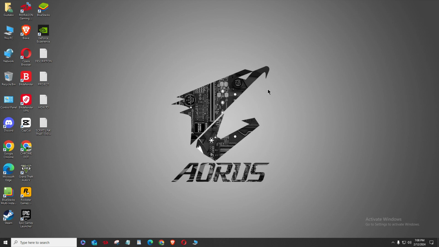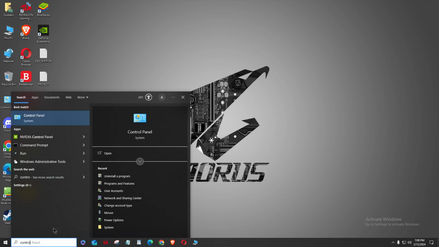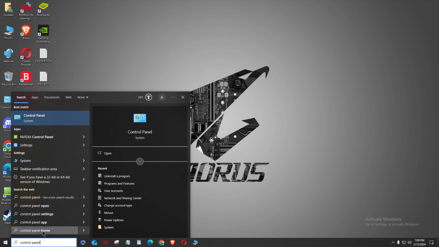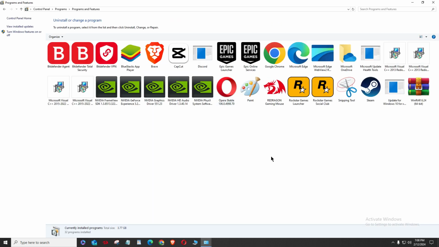So first click on the search bar and after that type here control panel and then just click on open. Then you will see this interface. Then click on uninstall a program, click on it and then here you will see all applications that you have